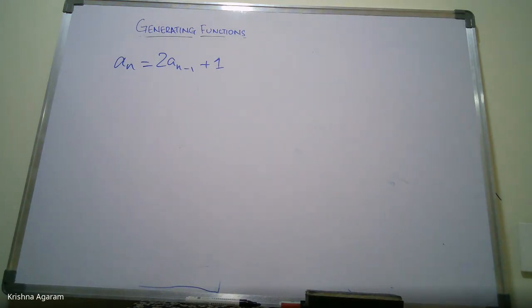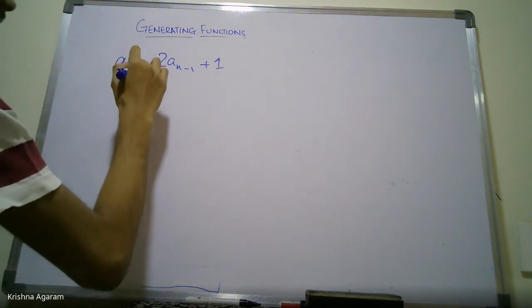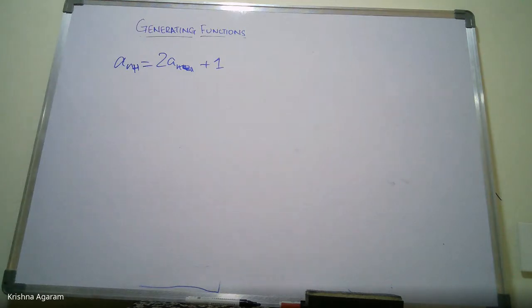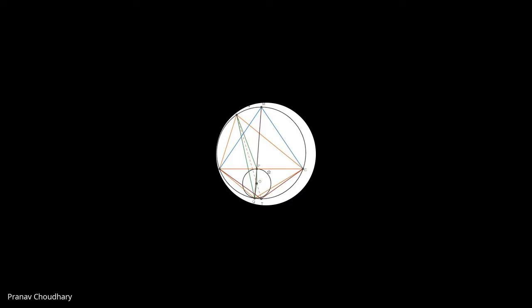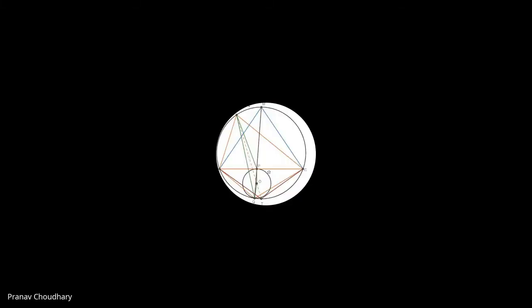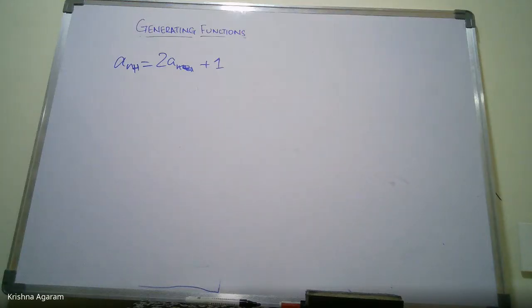Okay, so suppose you have to solve this: a_(n+1) equals that. How do you solve this? By taking the characteristic equation. Right, but isn't that kind of overkill here? You can define a new sequence, like a_n equal to some b_n minus 1. Okay, I think you got the point.